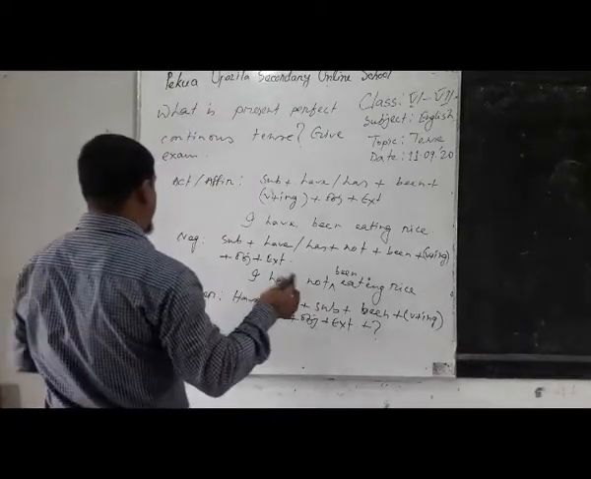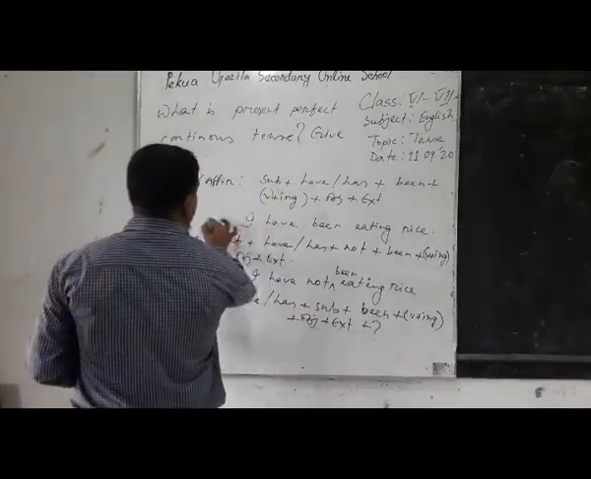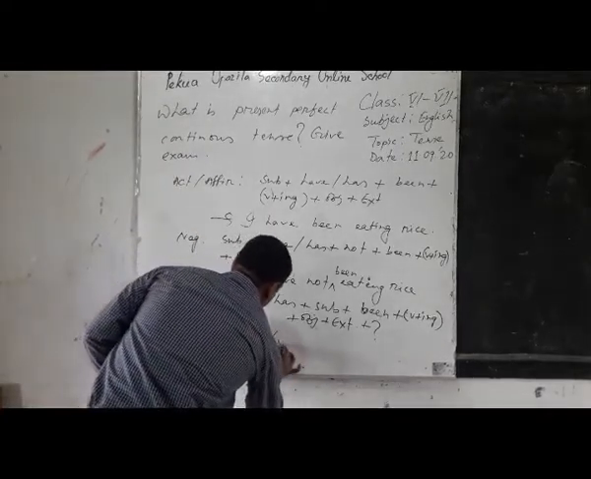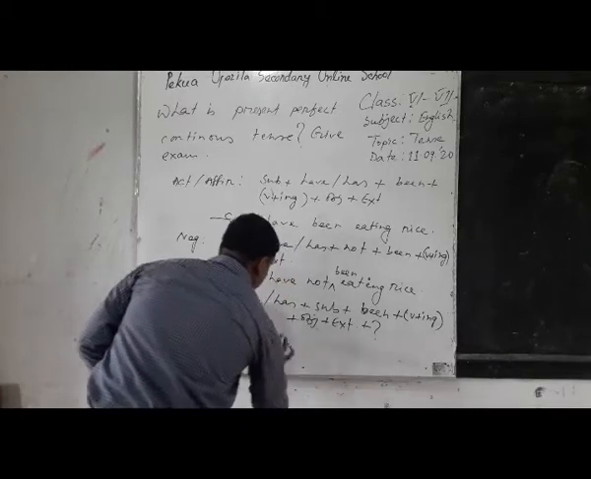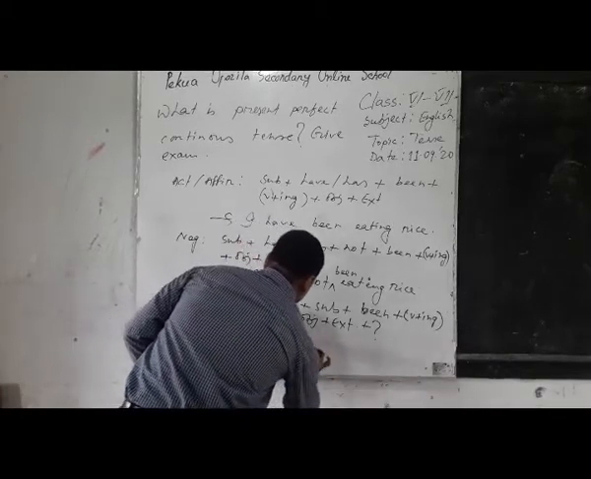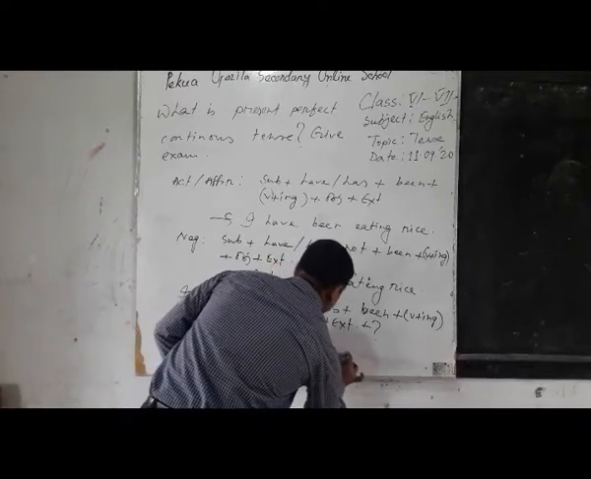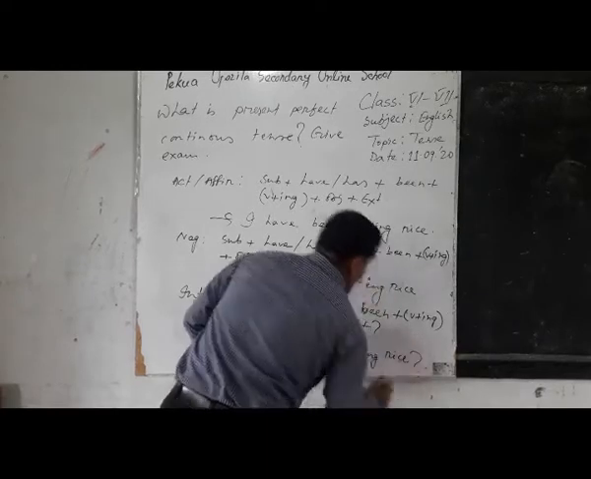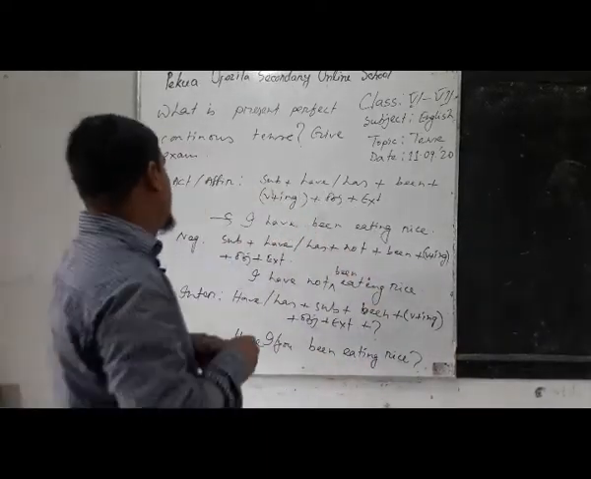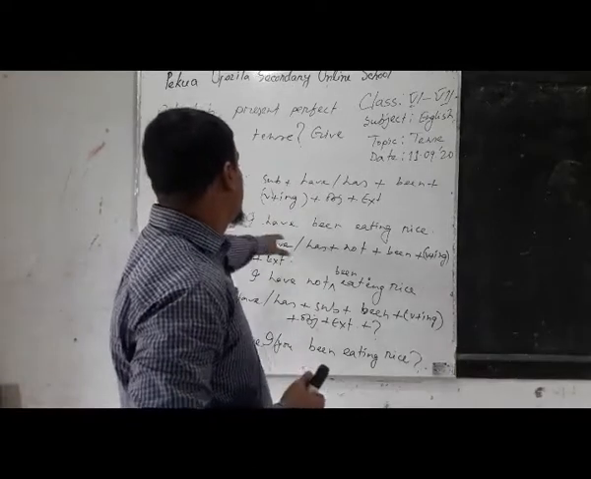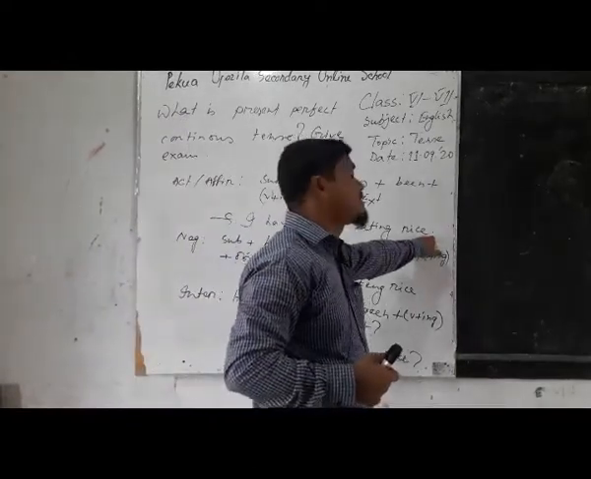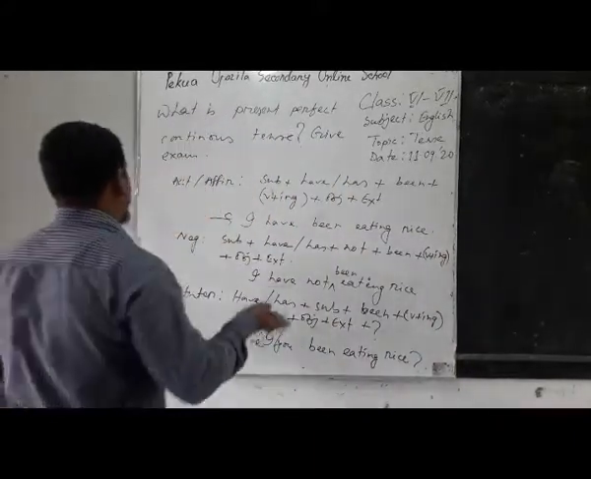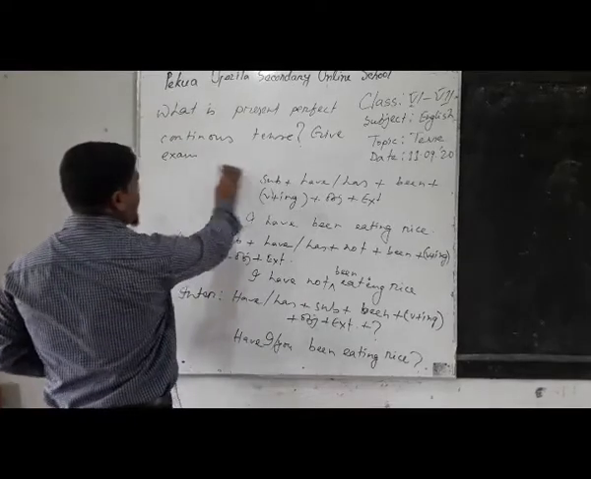Change the sentence into interrogative form: have I or you been eating rice, and then question mark. Just I bring have before the subject, other parts will remain unchanged, and after the sentence I put the mark of interrogation. And then the last structure of present perfect continuous tense,